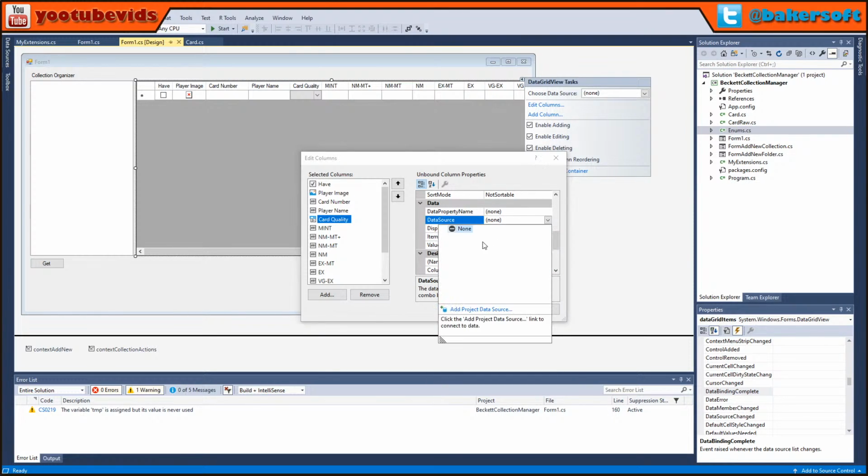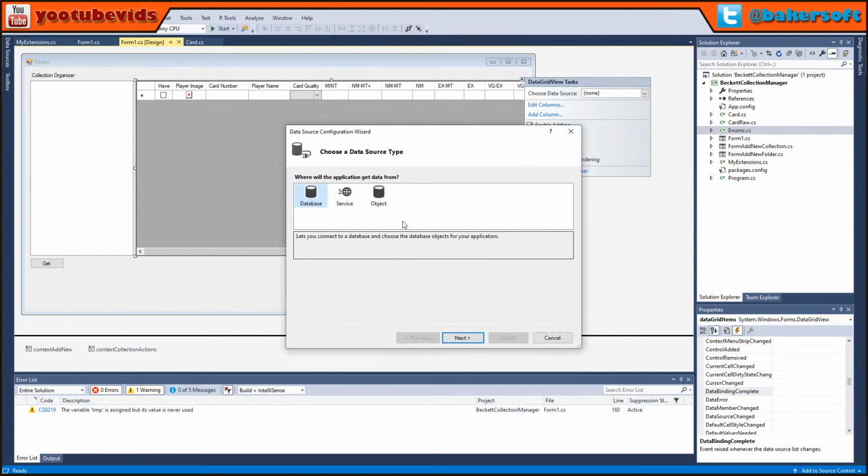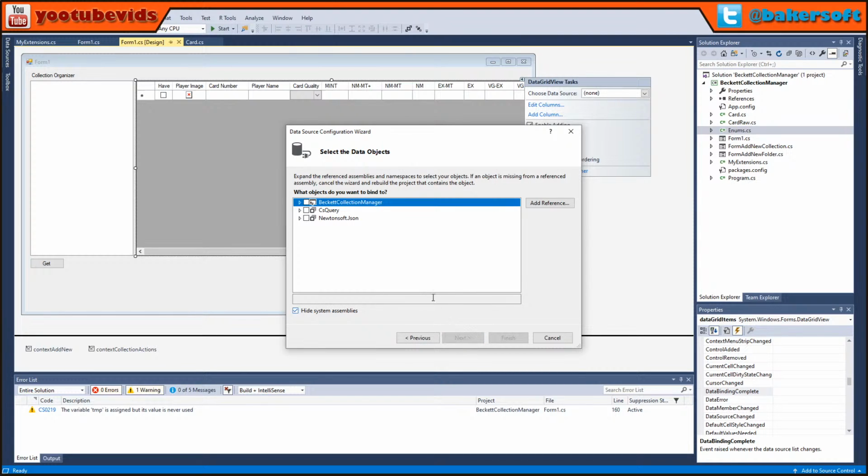Data source. So like if I do this, add project data source, an object, let you choose objects and be later used to bound to controls. Oh yeah, okay. Right. So I could just do, well,